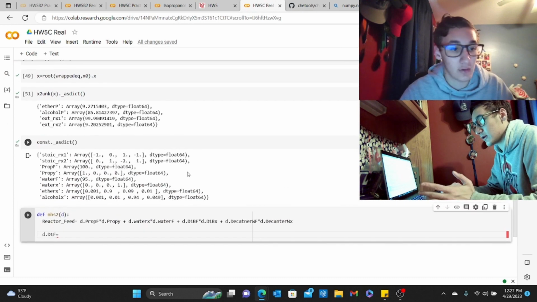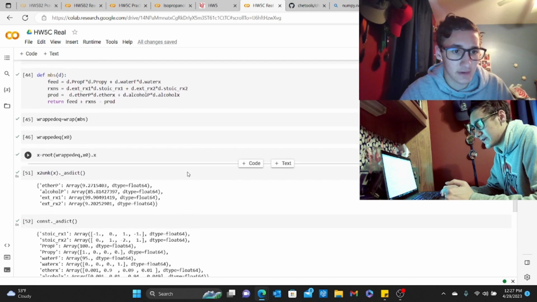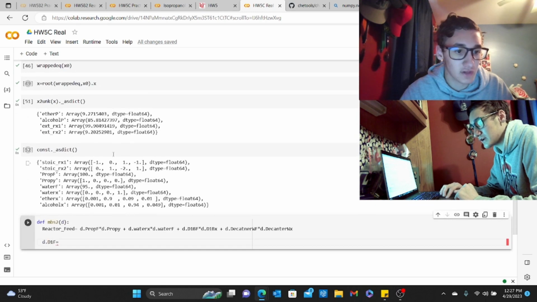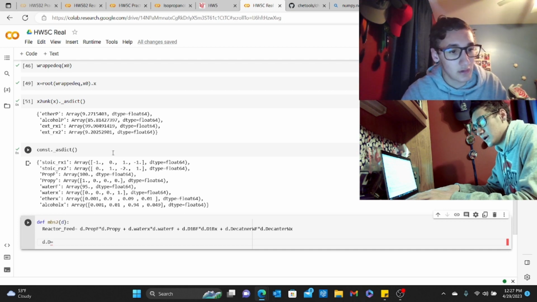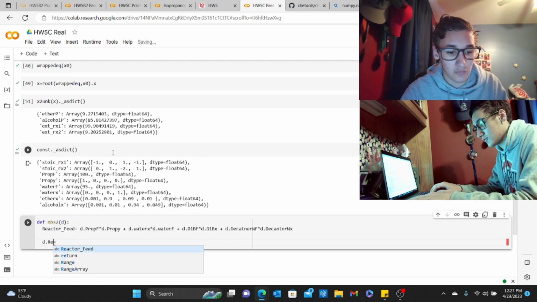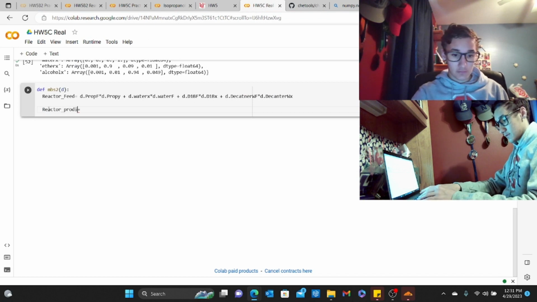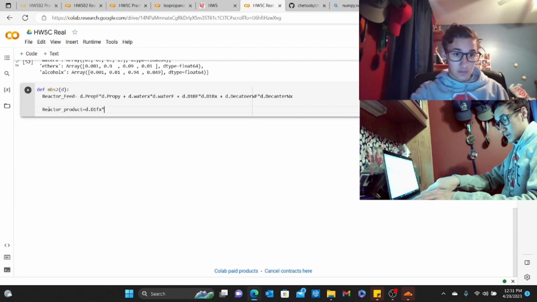And what we know about what's coming out of our reactor is that I believe we can do extent of reaction times stoic, or actually no, we're going to call this D dot reactor. So my computer shut down again. And so what we're going to be doing, again, is calling this reactor underscore product, which should equal our distillation, D dot D1F X times D,